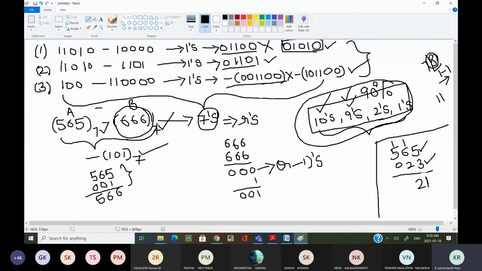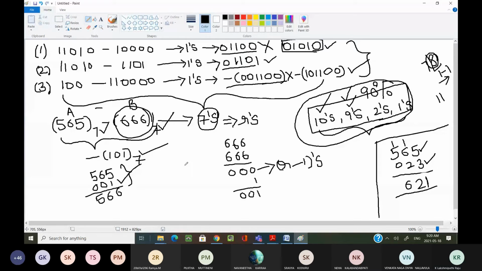Now 5 plus 1 is 6. We have 6 in our base 7 number system. This is the sum. Everyone, are you understanding? Here in this problem, we don't get such kind of situation. That is the reason directly you can write it as 566.